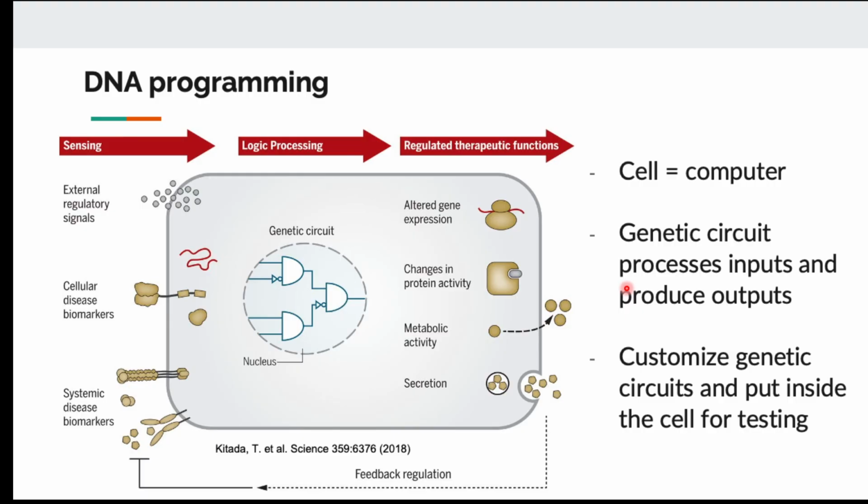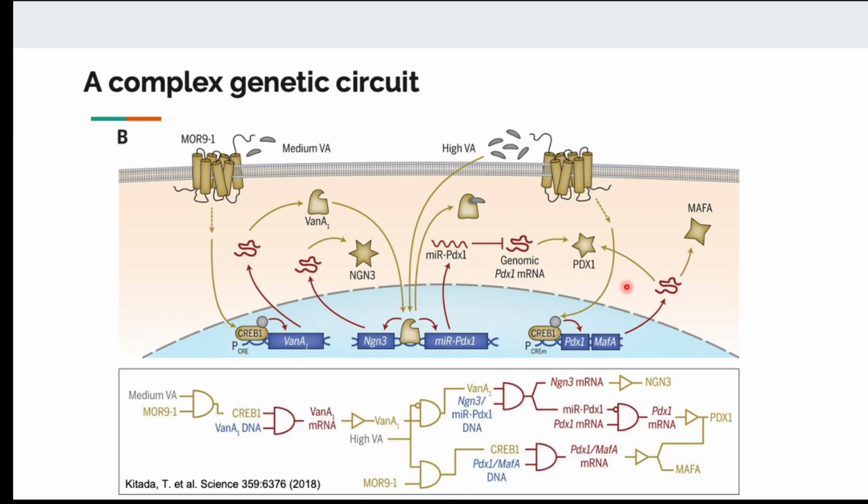So the goal is to design the cell so that we put in the right gene, the right regulation, so that the cells can process one substrate and turn it into a different one that we want. And given a system, when we look at gene regulatory networks, usually in biology we look at these kinds of diagrams, right, and we understand that okay, if I have the substrate, then it will react with this